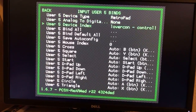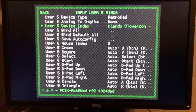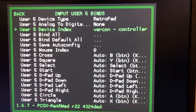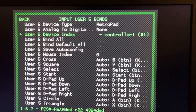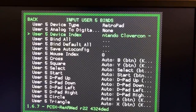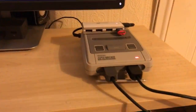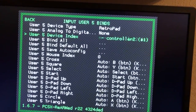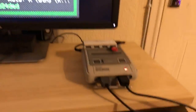And now we can have a look here at all the different ones that are plugged in. So you're going to get to see in controller 1, it says we've got CloverCon. What it means by CloverCon is the dedicated ports on the front of the Super Nintendo Mini. So that's what's there. Or we can have controller 2, which is the second port for CloverCon, which I've got